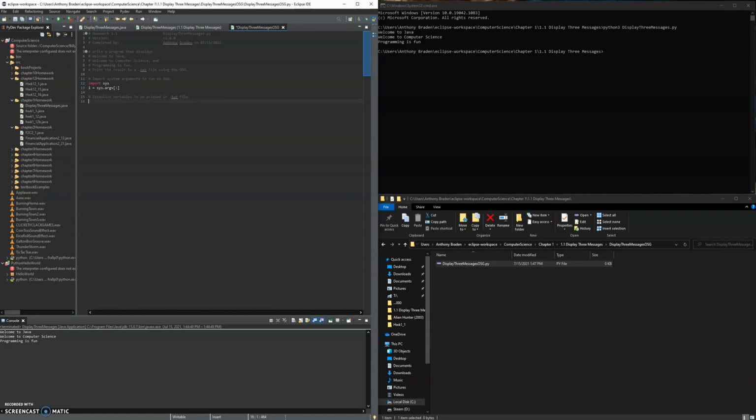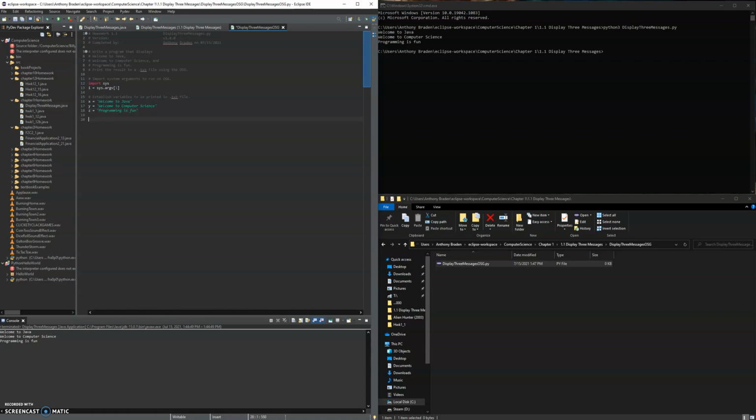I'm simply going to call these x, y, and z. Simple enough. We'll go ahead and do open quotations, or open apostrophes, I guess. Welcome to Java. Welcome to computer science. There we go. And